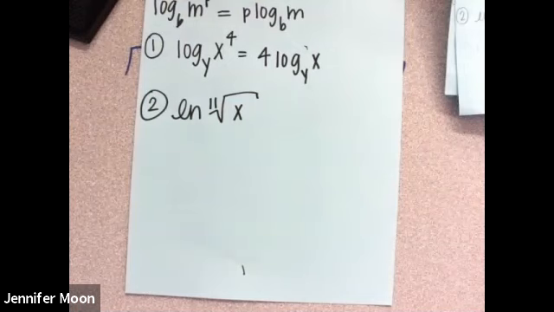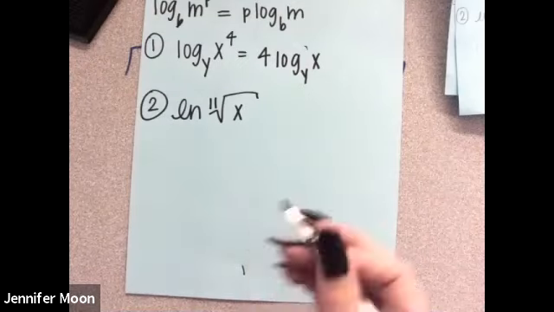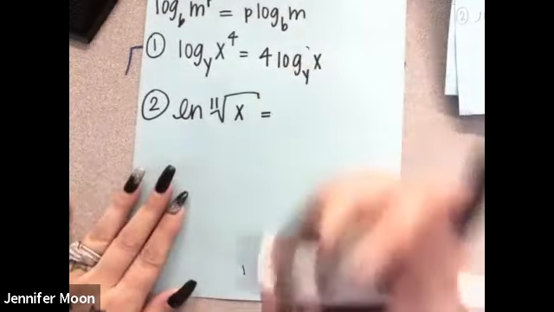So, okay, she told me about some product rules. When things are multiplying, I can individually add them, right? When things are dividing, I can subtract them. And if there's an exponent, I can bring it out front as a coefficient, right? This doesn't really look like any of those, but I remember that I have